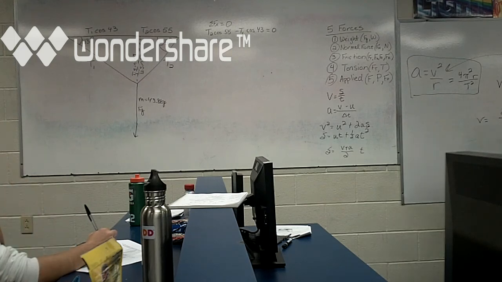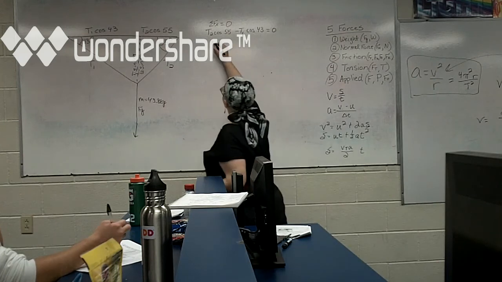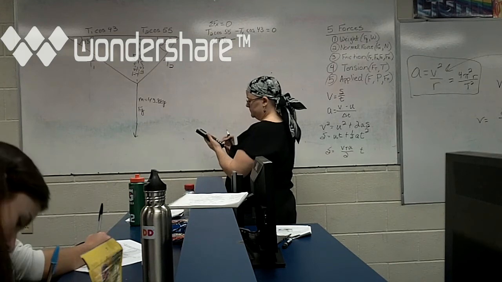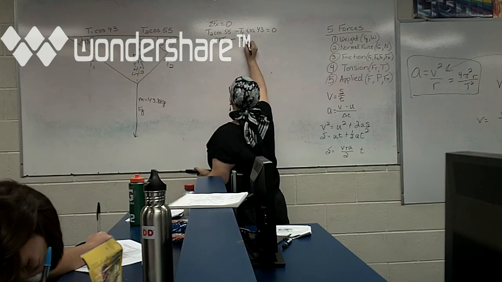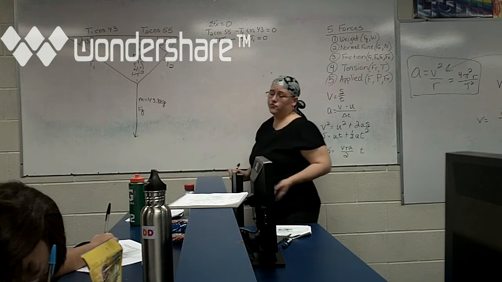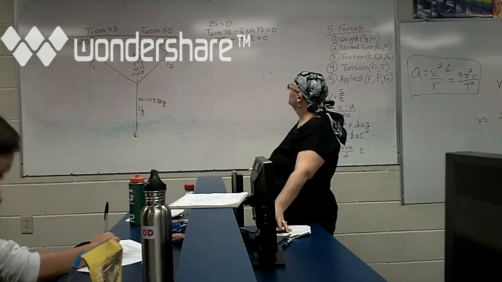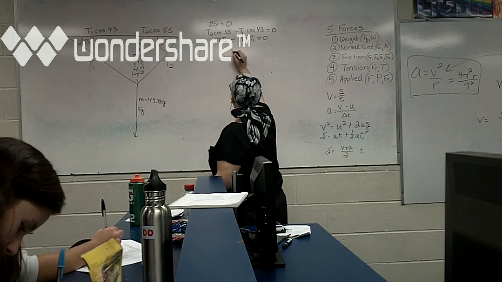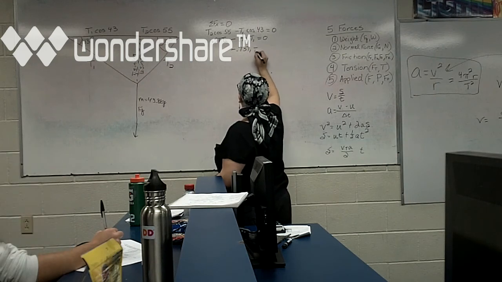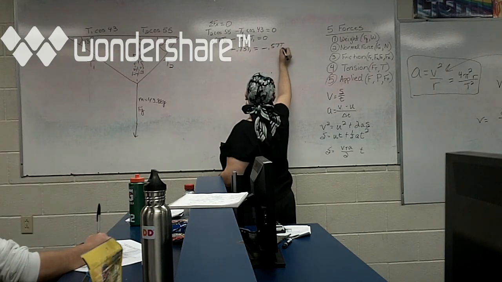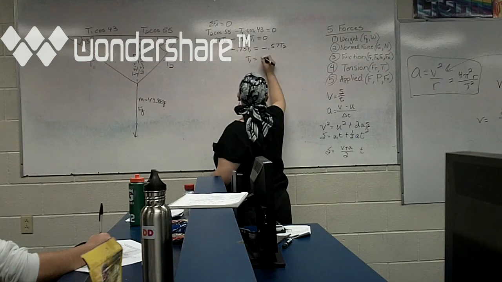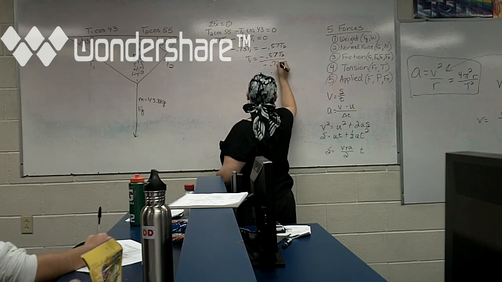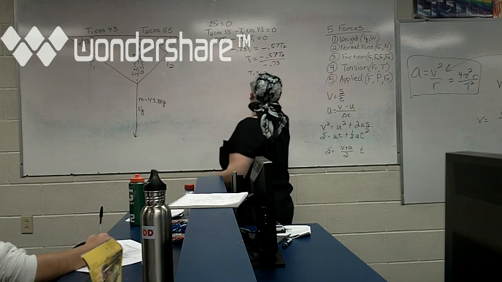Cosine 55 is 0.57 T2 minus 0.73 T1 equals 0. Now I can solve for one of these. Which one do you want to solve for? T1. Alright. So I'm going to move this to the other side. So T1 is going to be equal to